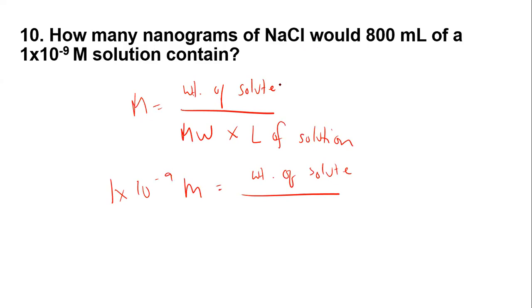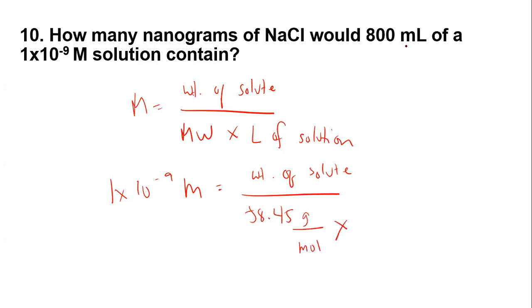Okay, so if you're going to add 23 and 35.45, the sum is 58.45. So that is the molecular weight of sodium chloride. And then what is the unit for molecular weight? Diba? It is grams per mole